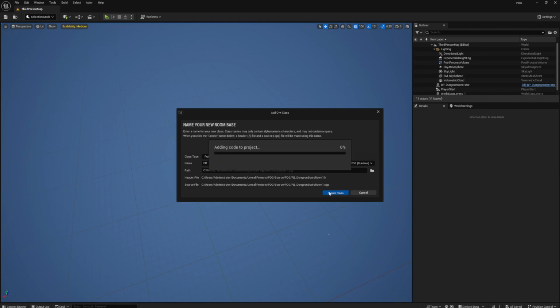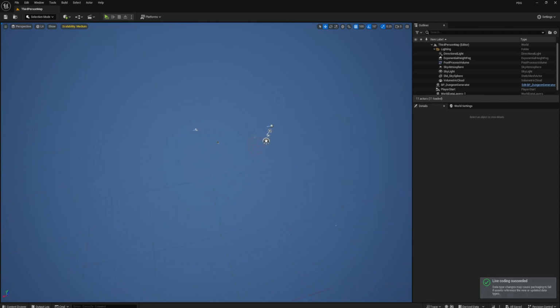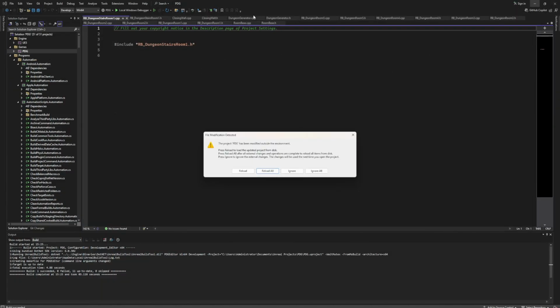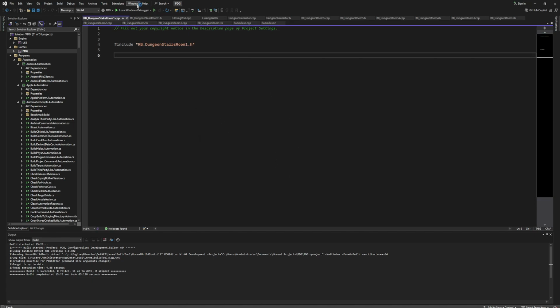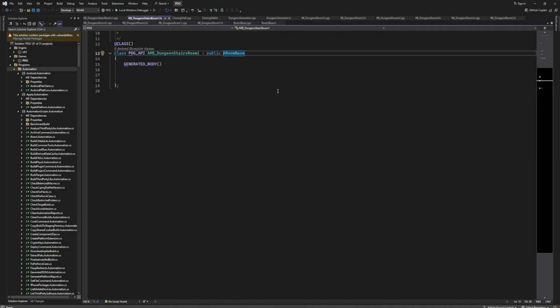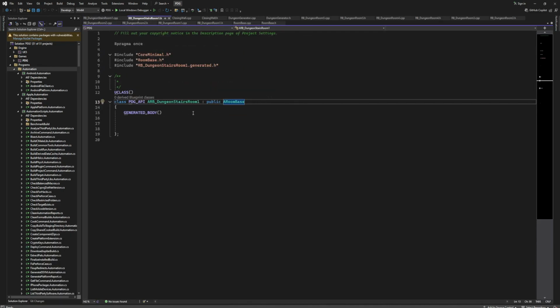Okay, and let's just create that class. Okay, so we have succeeded with creating our class. Now if I go to my Visual Studio, you'll see that we have this message right here. I'm just going to click on reload all. So the first thing that we need to do is basically to